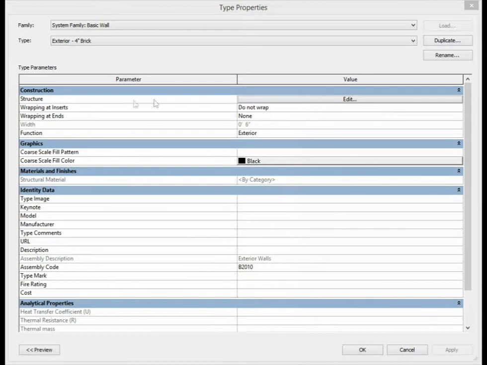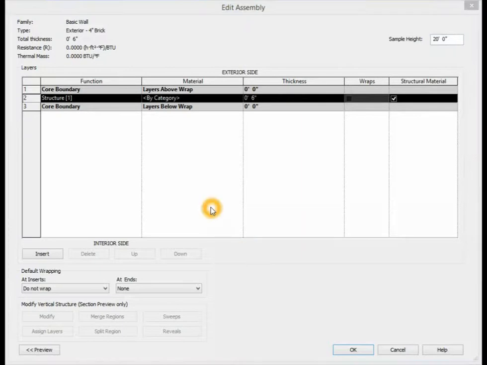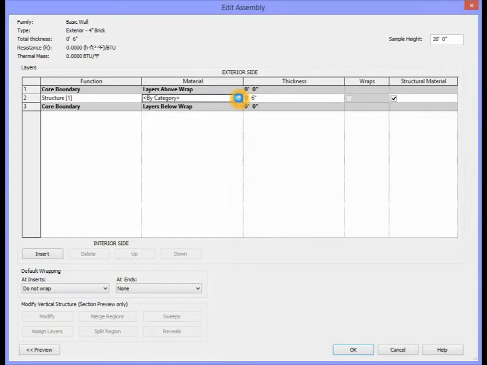Next, beside the structure, we're going to edit the structure of this wall. So we will select the Edit button. This will take us to the Edit Assembly dialog box. In the Edit Assembly dialog box is where we will start to add the components for our 4-inch brick exterior wall. For this function, we're going to leave this as Structure 1. For the material, we're going to change the material